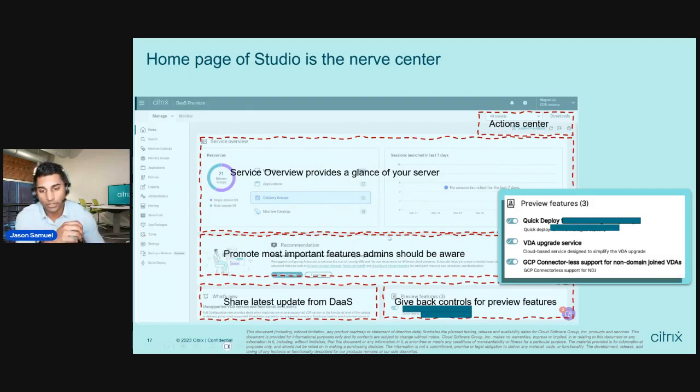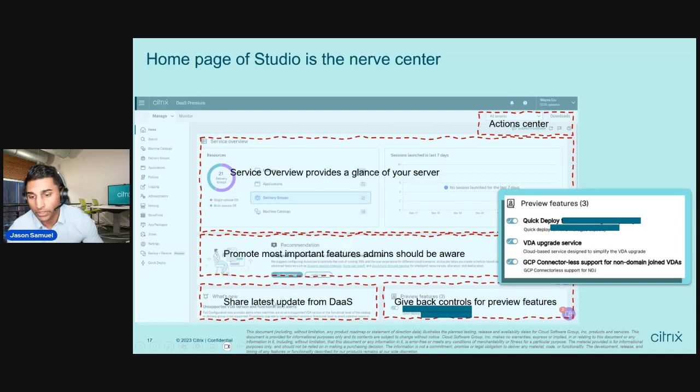So we have this section here, recommendations, and over time, these recommendations are going to get more and more tuned to your environment specifically. But right now, we have some general recommendations: if it's not enabled in your environment, we'll actually promote it up and say, hey, you have access to this. This might actually be handy for you to turn on. So go ahead and configure it. You can click here, and it gives you more detail on that.